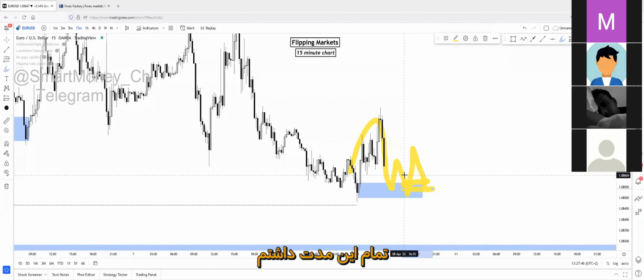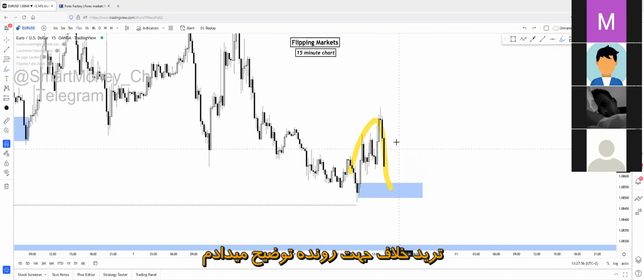Why is it counter trade? I just explained it the whole time, basically, chilling markets. In the past 20 minutes, I'm just explaining why it is a counter trade. So yeah.